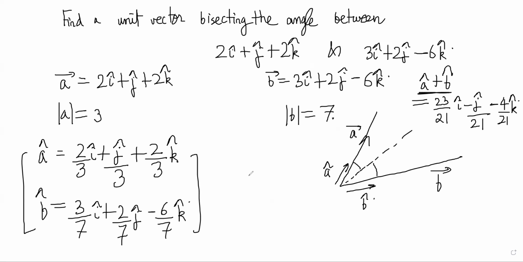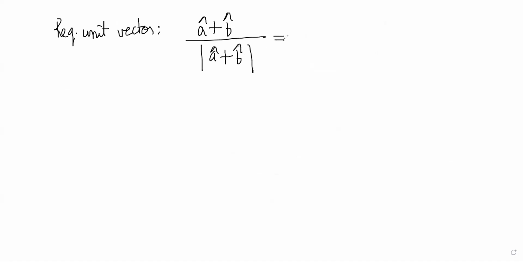This is the sum of the two unit vectors. You can add it and check, right? And when you divide it by the mod of A plus B unit vectors, the mod of this vector A plus B is coming out to be 1 by 21 root over 546. So our required unit vector, which is A plus B divided by mod of A plus B, comes out to be